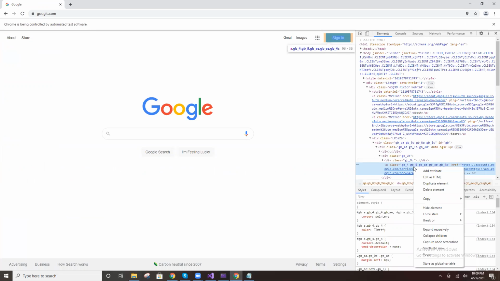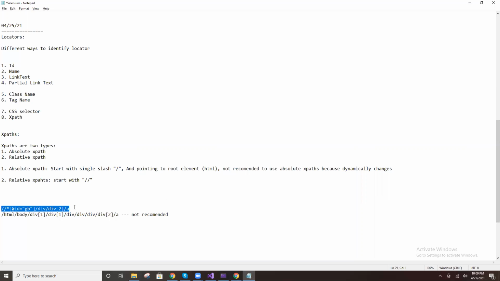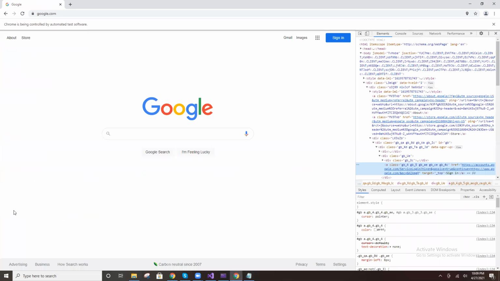Right click here, copy, and copy XPath. It will give the relative XPath. The ID is gb, coming to the parent here, the ID is there.